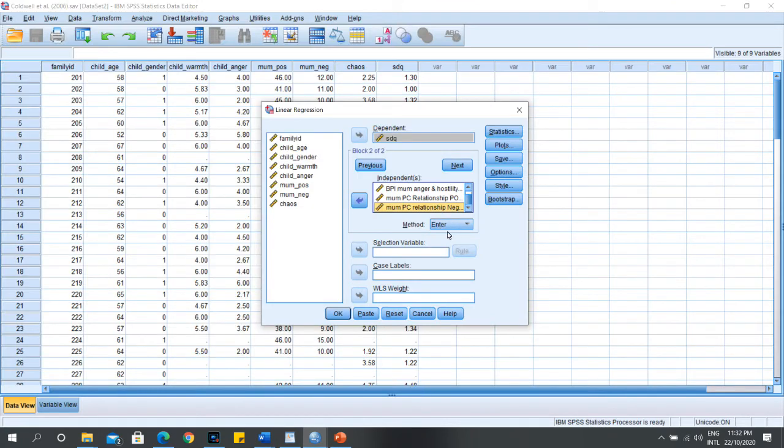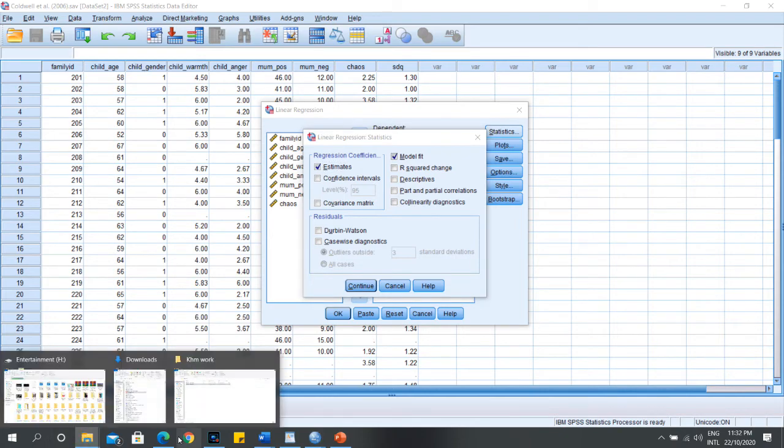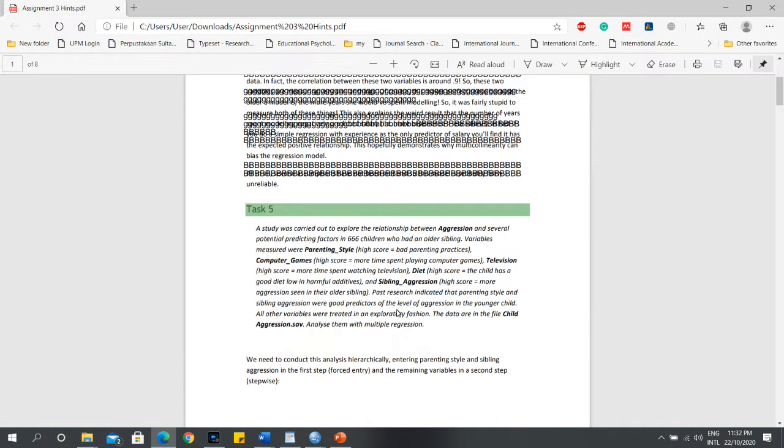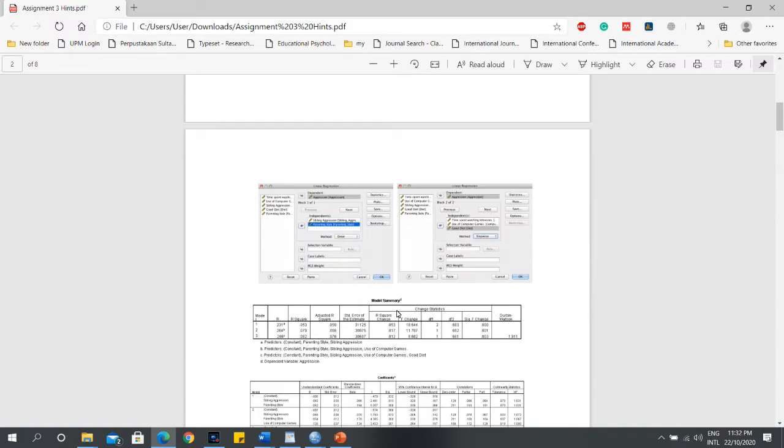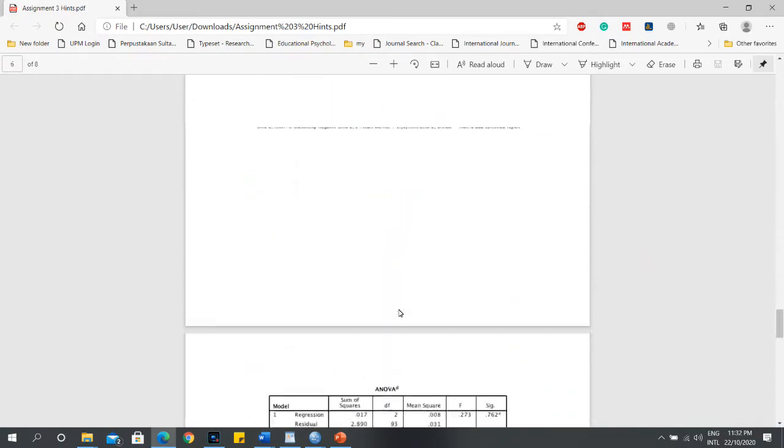So we just keep it as enter. We don't have to put it as stepwise. So in the next block we will add chaos. So again, go to the options. No need to conduct Durbin Watson here, I guess. Let me open the instructions again. Okay.